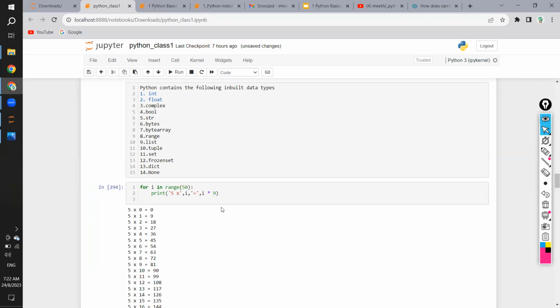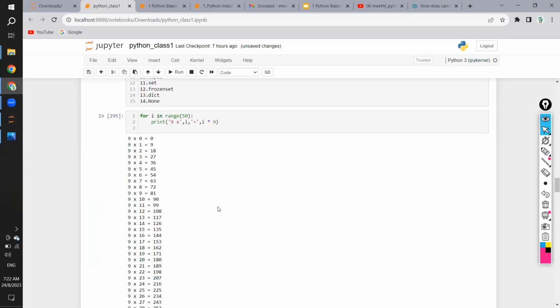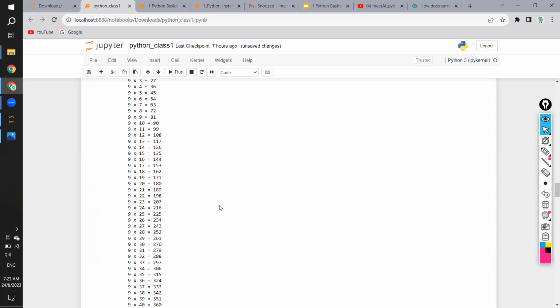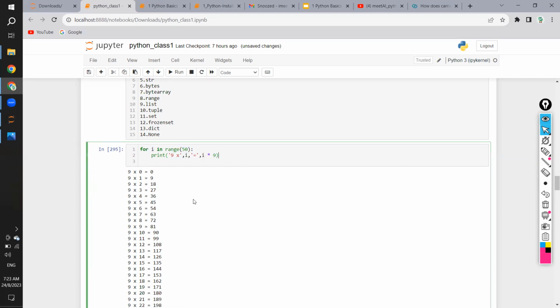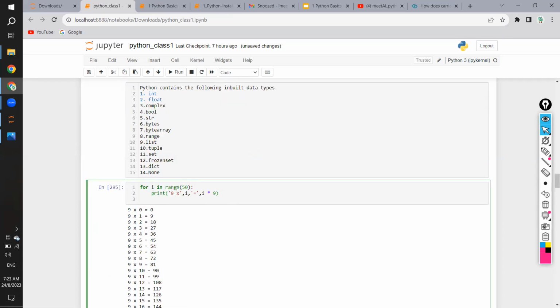So done. No, sorry, this should be 9. There you go. So 9 table, right, from 9 to 1, 9 to 50. You can just create, and if you write it small, a very minute application can be designed just as an idea to create tables. You can just loop through these numbers, right, from 1 to 10 or 20, and you can have the tables generated like this. Okay, so that is the importance of range, and range is extremely useful, I'm telling you, because most